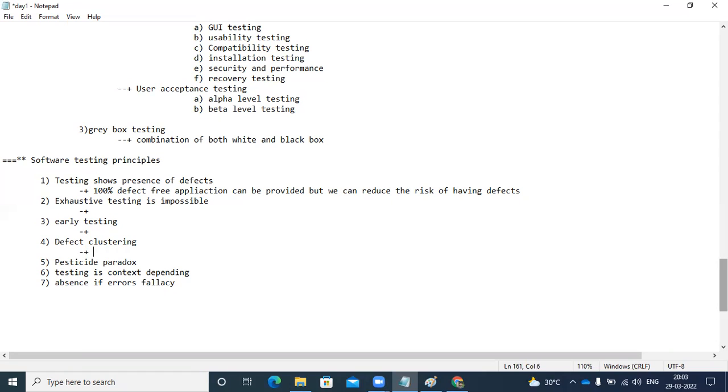Defect clustering. Defect clustering means, for example, there is a small module as well as a huge module. The huge module is not getting any defects, but the small module is getting a lot of defects. So testing that small module with all the possible cases, revolving around that small functionality to take out all the defects, we call defect clustering. The small module will have that many issues because